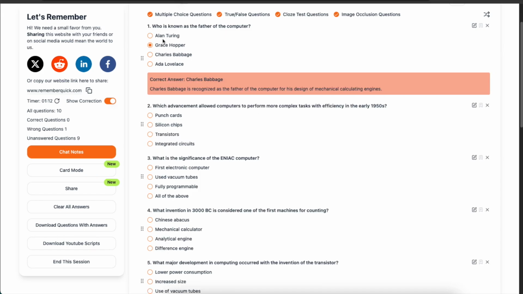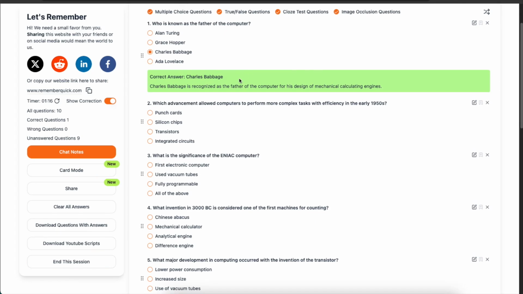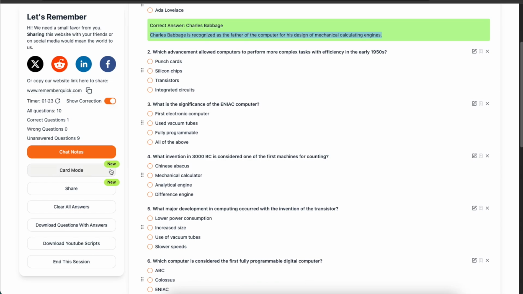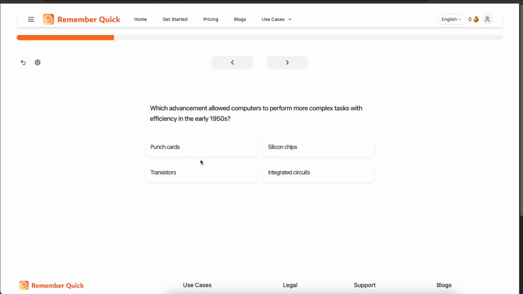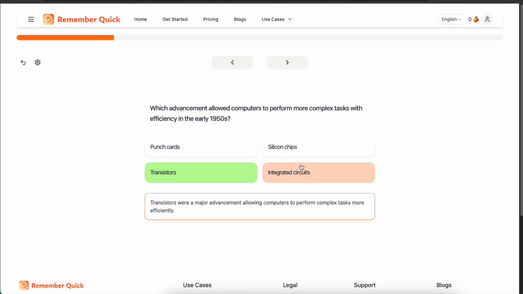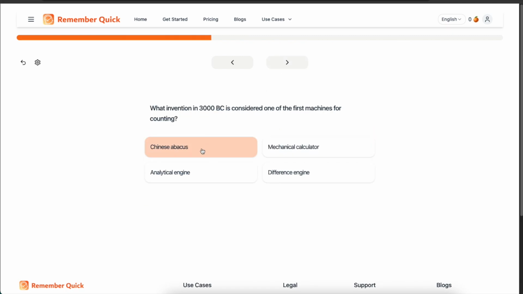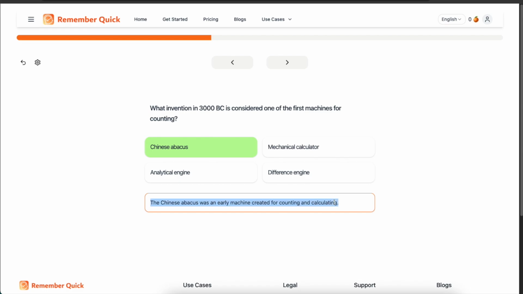Now you can just start to answer these questions and it will show you if the answer is right or not. And it will also show you the explanation to the answer here. One thing you can also do is switch between the modes. So you can do card mode where you will only see one question at a time. And then you can scroll through and answer these questions one by one and see the answer also here